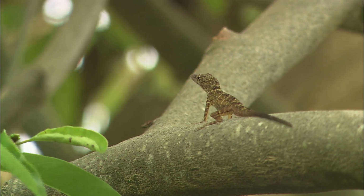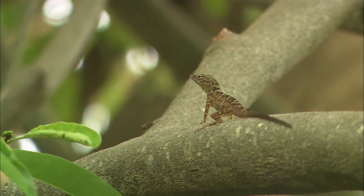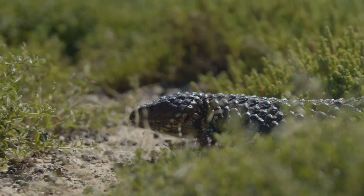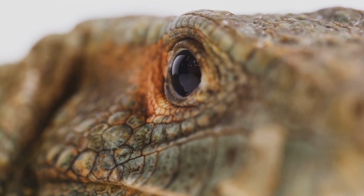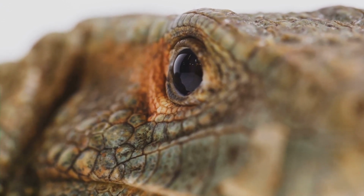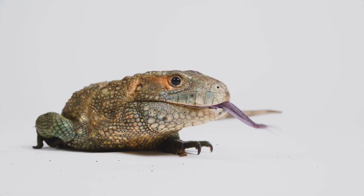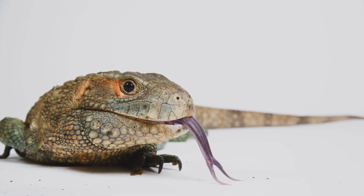The act of capturing and consuming ants, a seemingly mundane task, becomes a fascinating spectacle when observed through the lens of the horned lizard's unique adaptations. Their tongues, far from being simple appendages, are highly specialized tools, perfectly evolved for the task of snaring these tiny, fast-moving insects. The lizard's tongue, coated in a sticky saliva, acts like a natural flypaper, trapping unsuspecting ants with remarkable